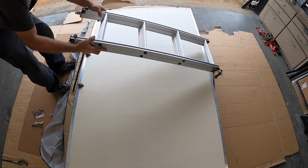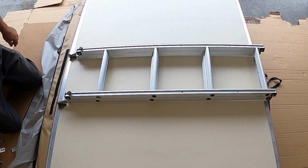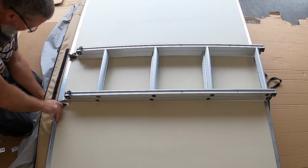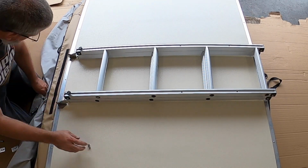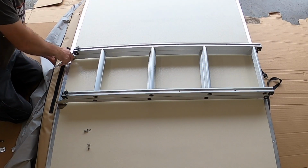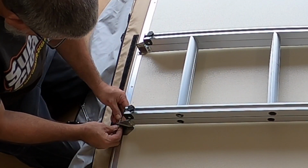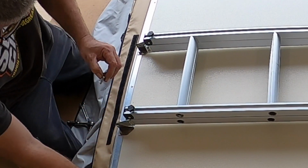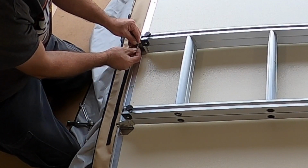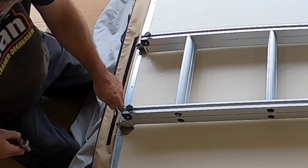Now for the ladder. Oh, see? We learned something here. Can't fully snug these up yet. Let's put one washer on each side, run through the bolt. Now that we have the ladder in place and the hardware on, we can go ahead and snug up the brackets to the tent, and then we can snug up